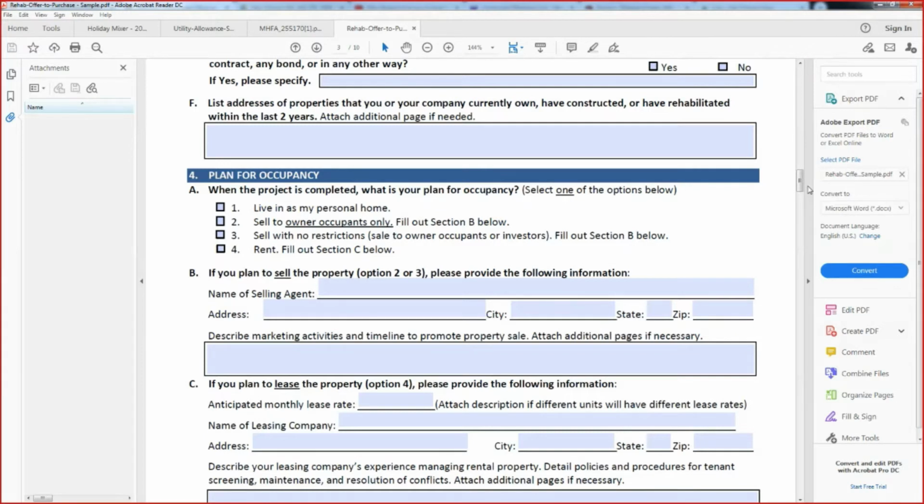Number three, if your plan is just to sell without restrictions, there are fewer points as far as the criteria points. And number four, to hold it as a rental property is even fewer points. The highest priority would be those applicants who plan to be owner occupants or those developers who will bring an owner occupant with them to the table at the time of application. However,